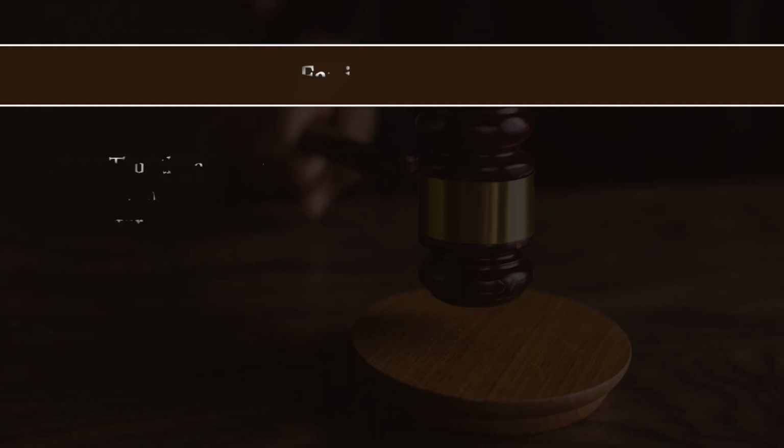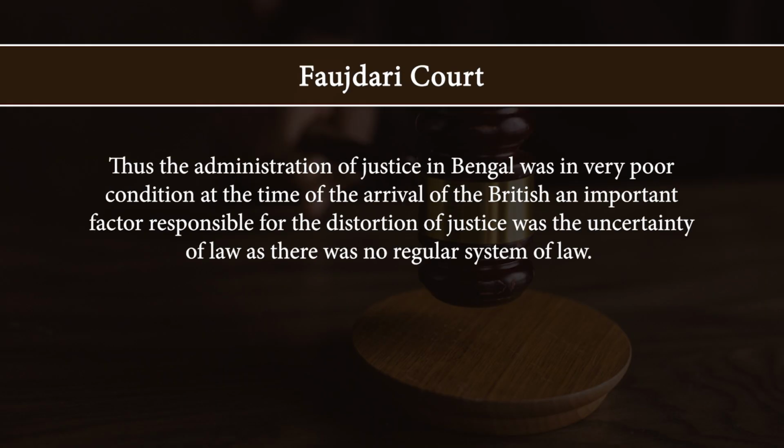Fauzdar was a police officer whose job was to suppress serious crime. Kotwal took cognizance of petty criminal cases and Muhtasib took cognizance of drugs. The Muhtasib was in charge of alcoholism, liquor sales and the inspection of fake weights and measures. Thus, the administration of justice in Bengal was in poor condition at the time of the arrival of the British, and